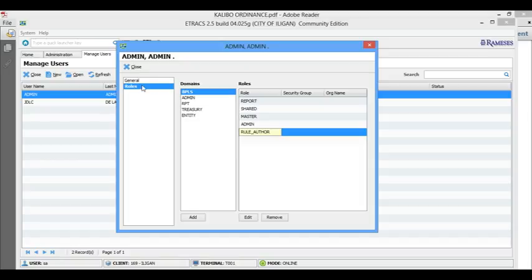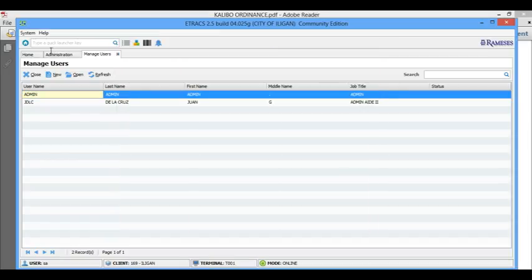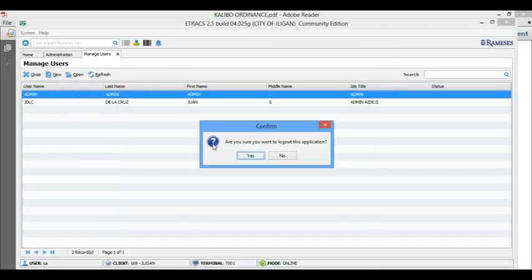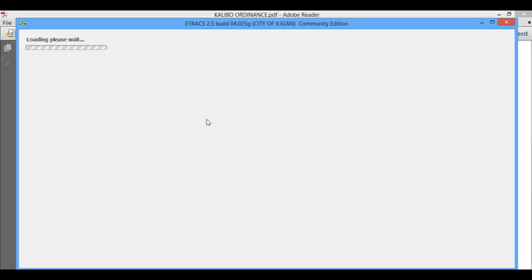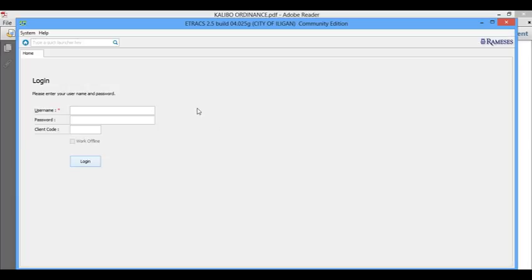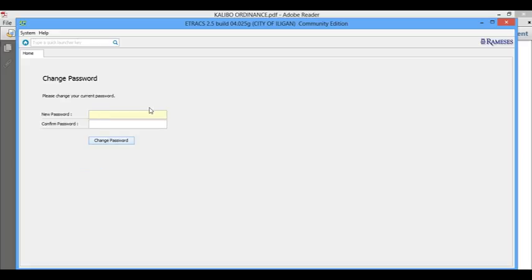So this is already okay, and I'll just log off and log into the user, admin 123. It will prompt me to set a new password, so I'll just say 1.